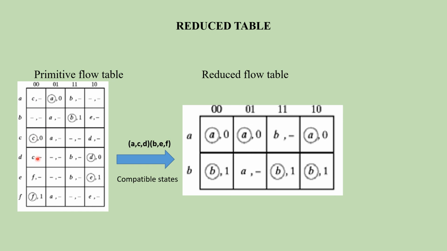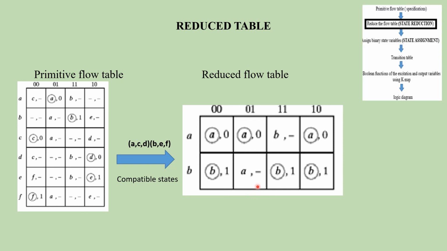Compare all these things. Here it's a stable state. So this C has to be represented by A. So A comma 0, 1 output is there. The other two states are with the dashes. So we can simply represent the output with 0. Similarly, compare it for the rest of the next states. So do the same thing for B, E, F. That is how we obtain the reduced flow table for an asynchronous sequential circuit. Thank you. So this is how we have reduced the states.